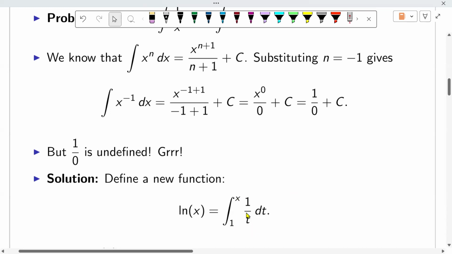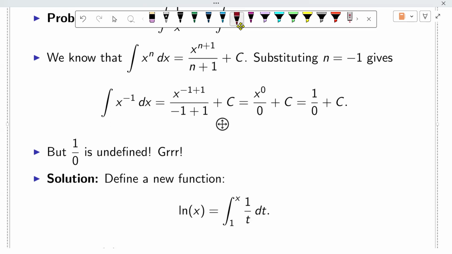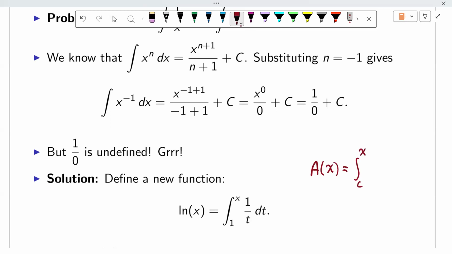Now, this should remind you of area functions. Remember area functions from earlier? Those were when we were talking about the second part of the fundamental theorem of calculus. We would have these functions A of x that would be the integral from some value c to x of f of t dt. And we discussed how to take the derivative of those. Does anyone remember what, in this context, is the derivative of A? It's just f of x, right? This is FTC2.